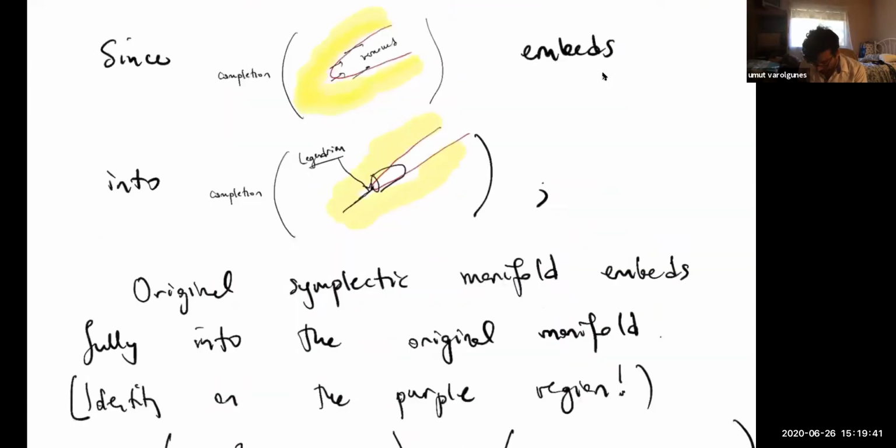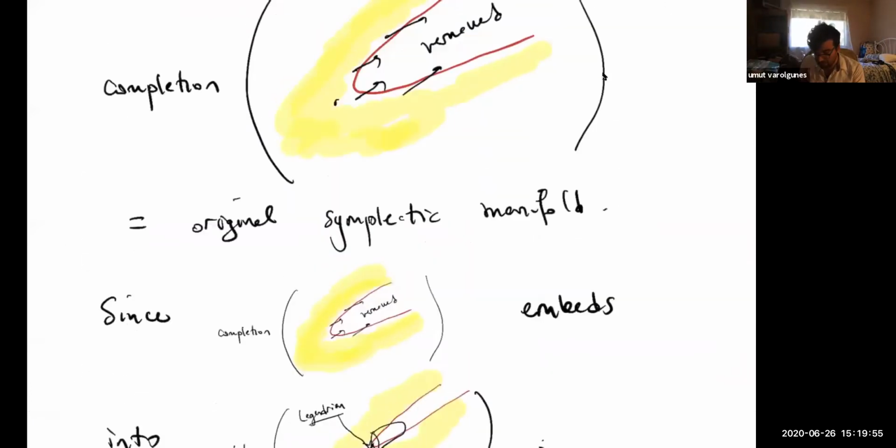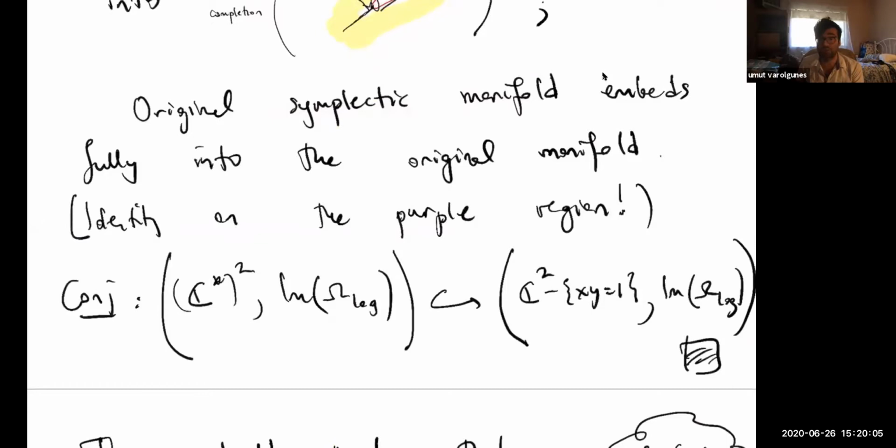Conjecturally, if there's just one singularity, I think this is just the hyperkahler rotation of the inclusion of C star squared into C2 minus a conic. So what's being missed after this embedding is a two-dimensional submanifold, which in this picture is just x equals 0 or y equals 0, depending on which coordinates you choose. And they become Lagrangian because I did this hyperkahler rotation. So that's the unstable manifold.